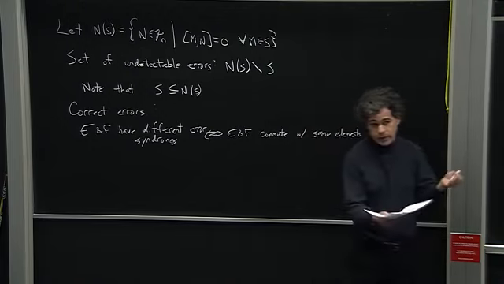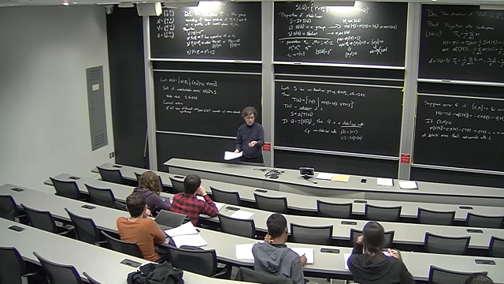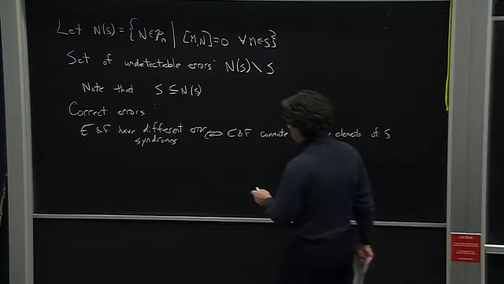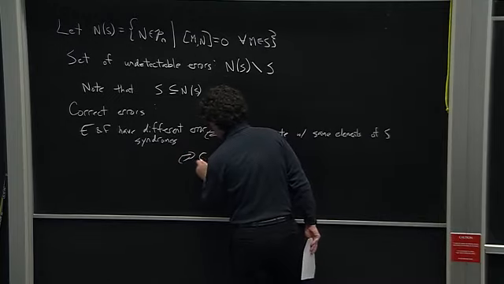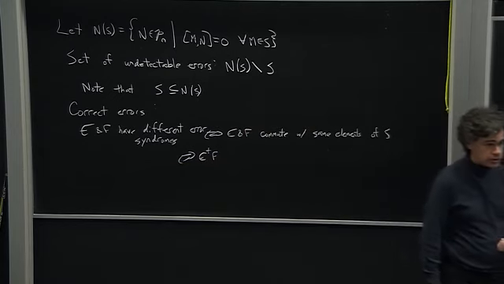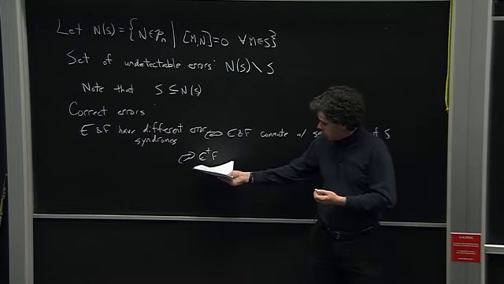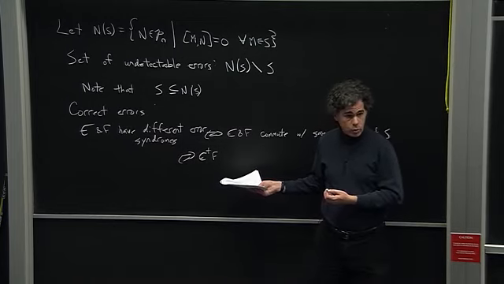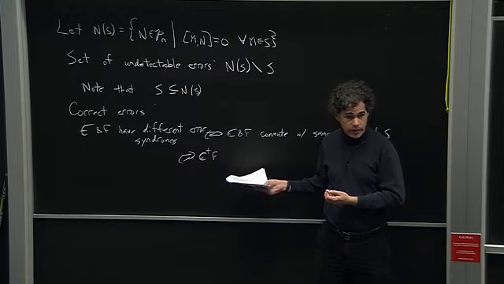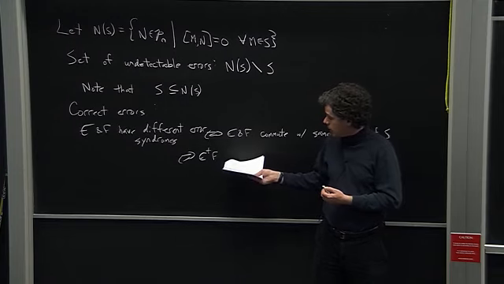And if E and F commute with the same elements of S, so they might commute with some elements and anti-commute with other elements, but it's both the same. And so that means if you take the product E dagger F, which remember showed up in the quantum error correction conditions, well, since E and F commute with the same elements of S,